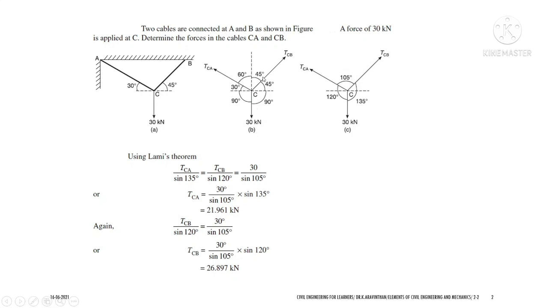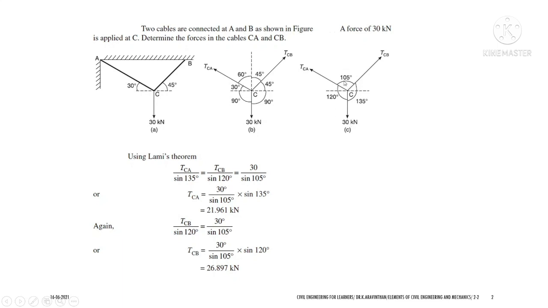How to find the total angle? This is 60 and 45, which is 105 degrees; 90 plus 45 is 135 degrees; 90 plus 30 is 120 degrees. So you have three forces and three angles, and you can use Lami's concept in order to keep this object in an equilibrium state. In Lami's theorem, you can solve using this when you have three forces. And what is Lami's theorem? Force into sine of the opposite angle.